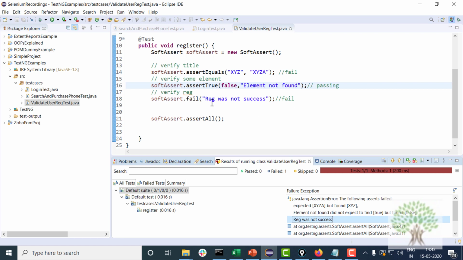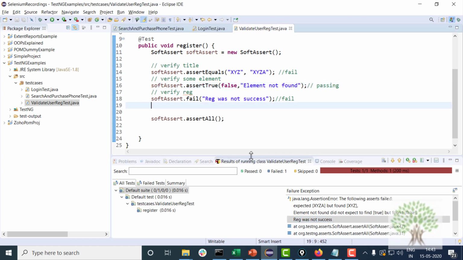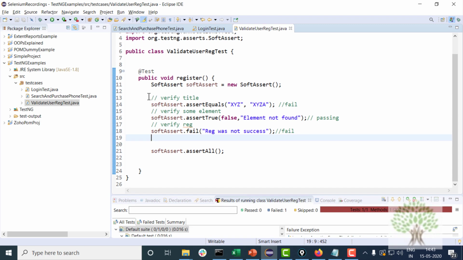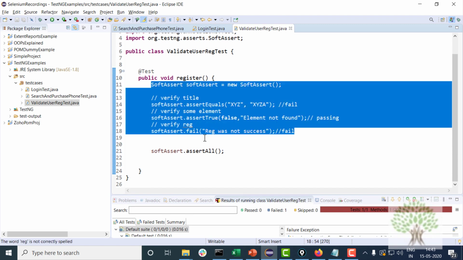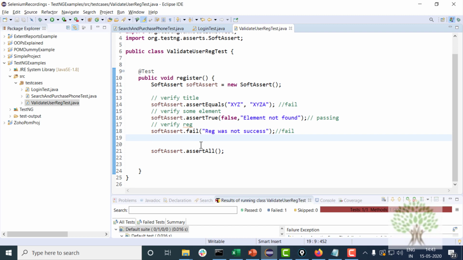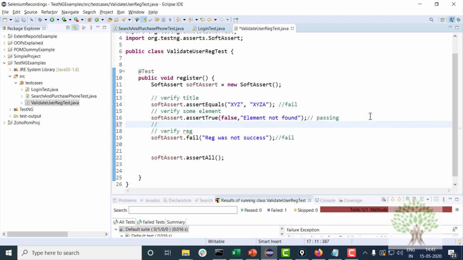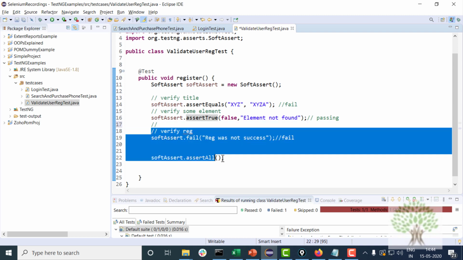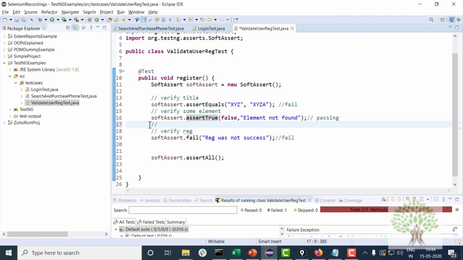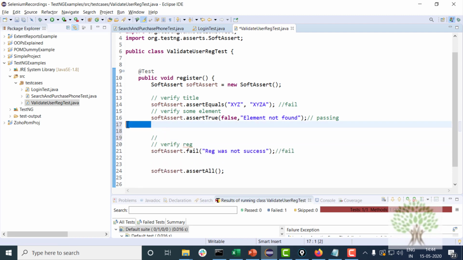Fine. Okay, now the question arises that suppose you are running and you encounter a critical failure somewhere over here, that some button you had to click on, that button itself is missing from the page. So obviously you would want to fail the test case right away on 17th line. Fine, you don't want to execute it further. You want that this test should just fail on 17th line.